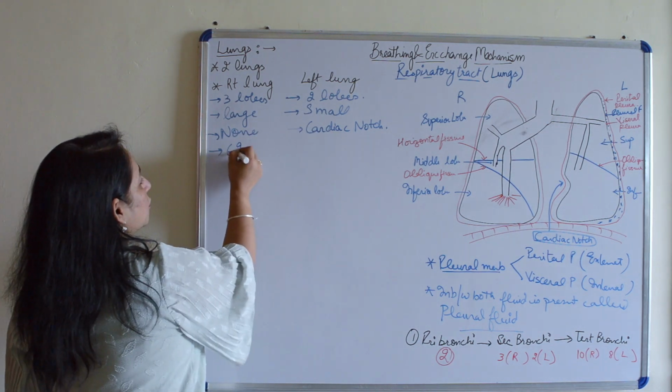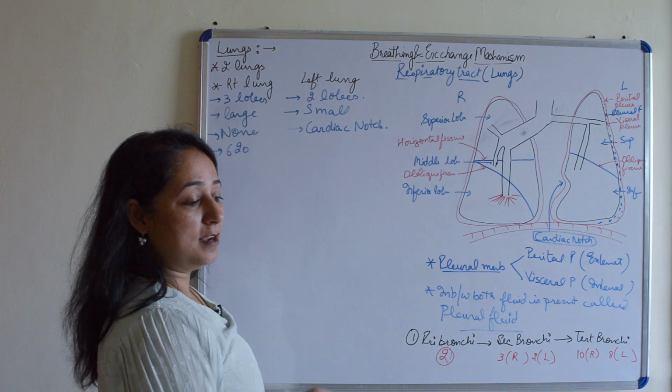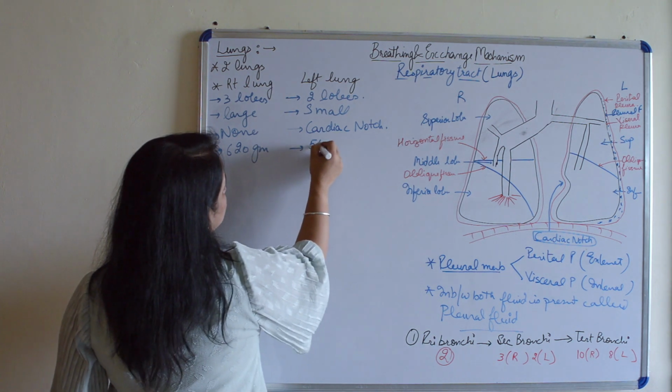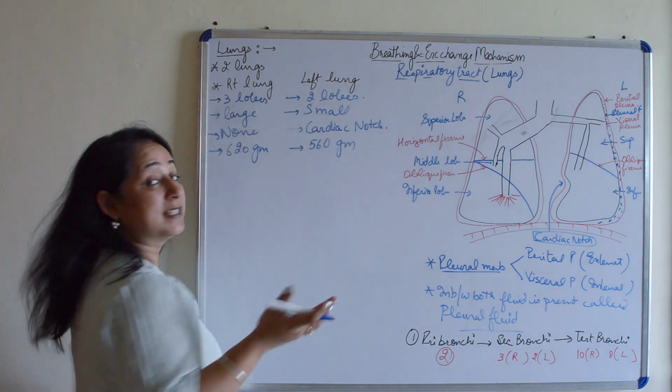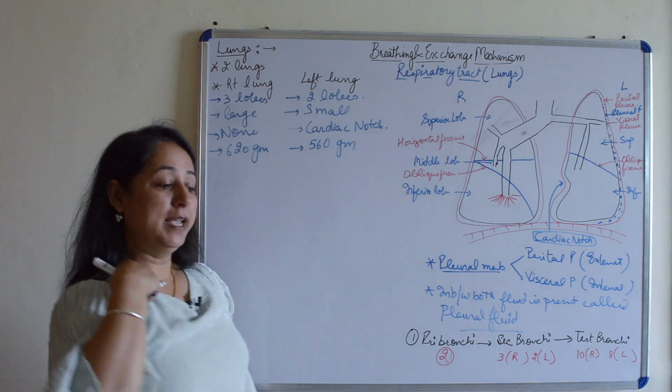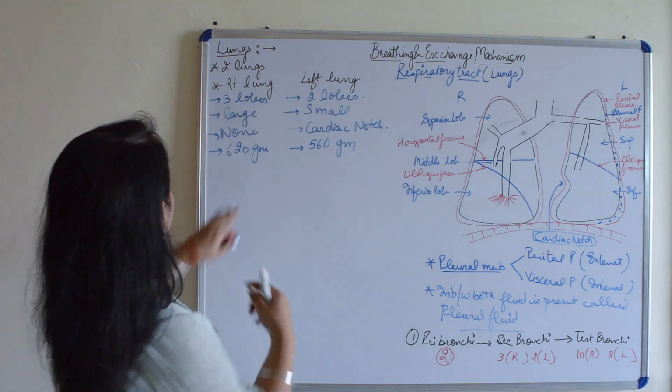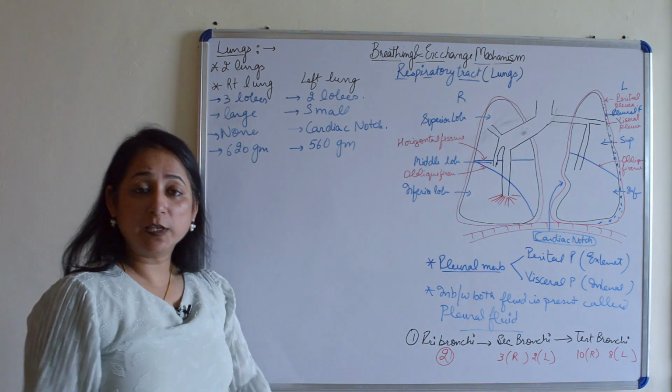Weight, it is 620 grams. The right lung, it is 620 grams. Left is 560 grams. Weight is different in both. Then... so this is how the division